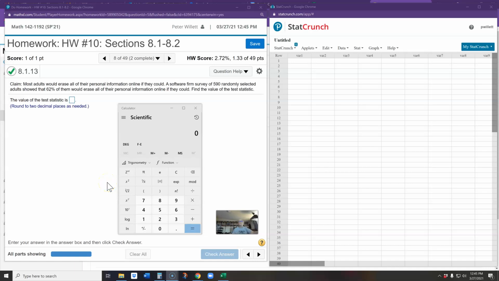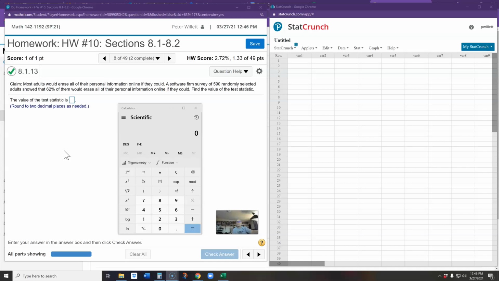Hey there, students. I wanted to give an example as we're moving into the world of hypothesis testing. In this example, I'm using problem number 8 from homework number 10. This is from chapter 8, section 1. And this is a problem in which they ask for the test statistic for a proportion, an examination of population